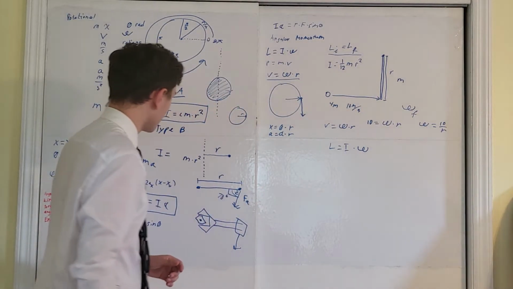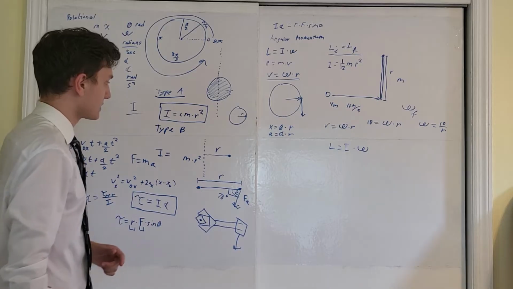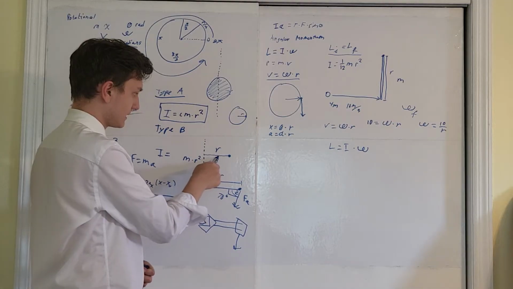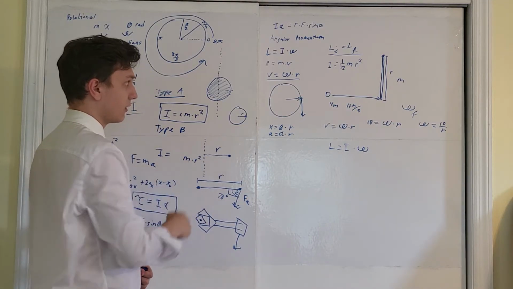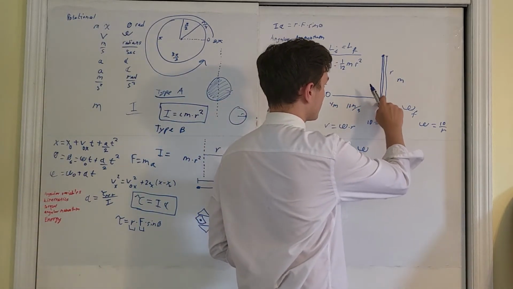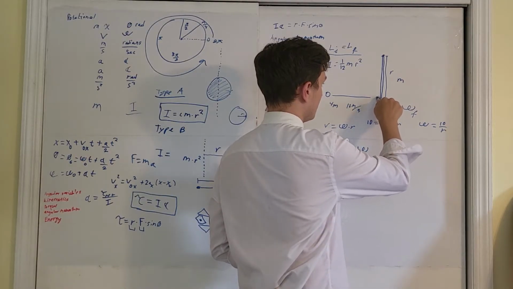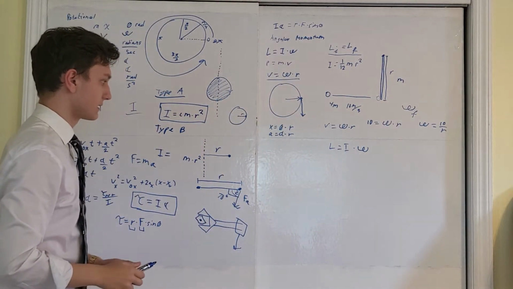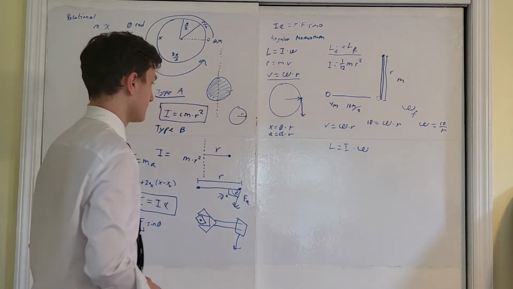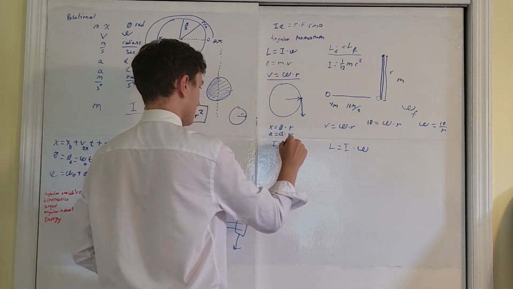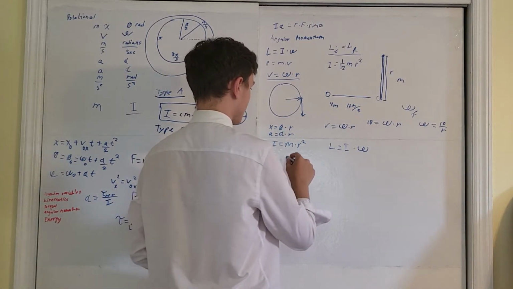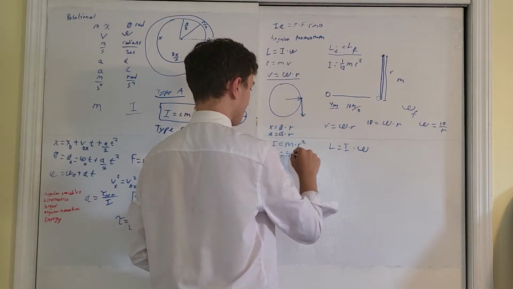But if we come back here, we can look at this and understand that this is type B. Type B being that we have a particle that is moving some distance r away from the axis of rotation. We have a particle that at a moment before collision will be right here, some distance r away from the axis of rotation. Therefore, we're given that the moment of inertia for this particle at that instant is going to be the mass of the particle times the radius of rotation squared, which in this case would be 4m r